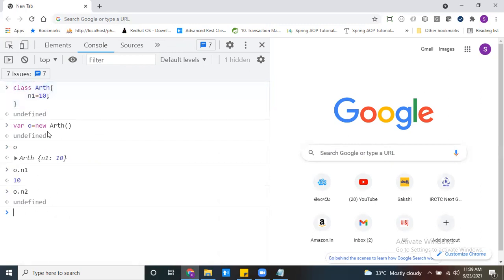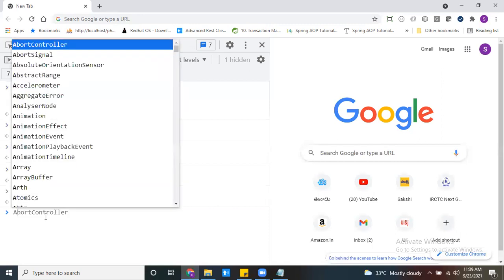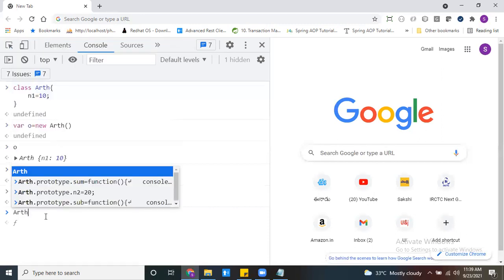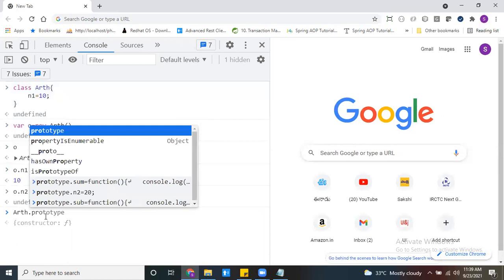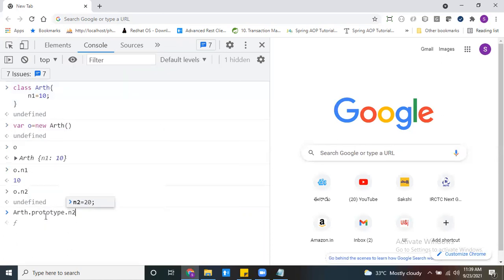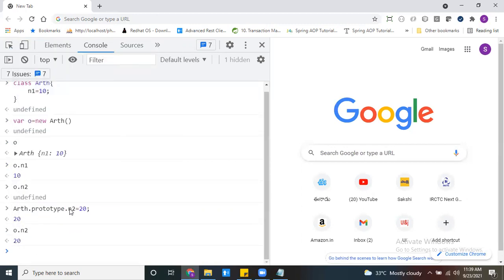How can you inherit? Whether it is a functional class or a class keyword class, we can use the prototype, no problem. Prototype is going to work for both. Now if you come here, see, o.n2 is 20. You inherited my n2 variable into my arithmetic class keyword class by using prototype.